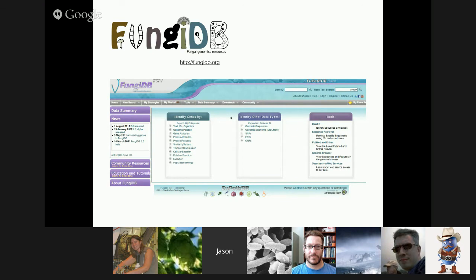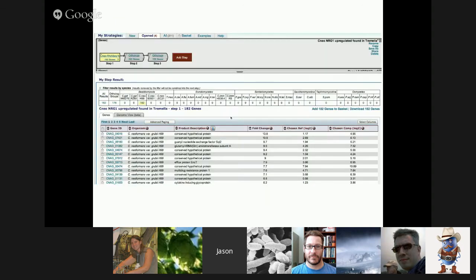I don't have time to go through it in detail, but the idea is that you can build these steps, like you can see at the top, and build things like identify genes that are differentially expressed through some experiments, but then also find their orthologs and map those in different ways. This is just a snapshot of the interface, but the idea is to be able to generate these gene lists that come out of these queries,